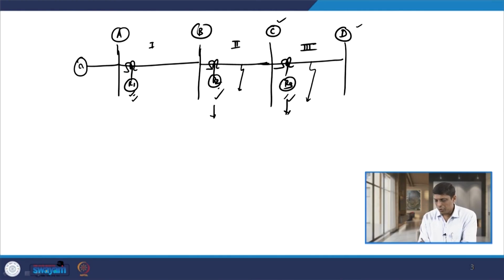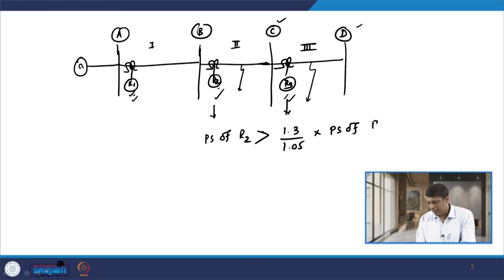If we wish that, then the pickup of relay R2 has to be decided by this rule. So, the plug setting of R2 is always greater than 1.3 upon 1.05 into the plug setting of relay R3.